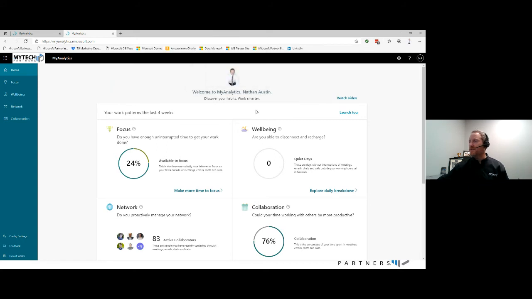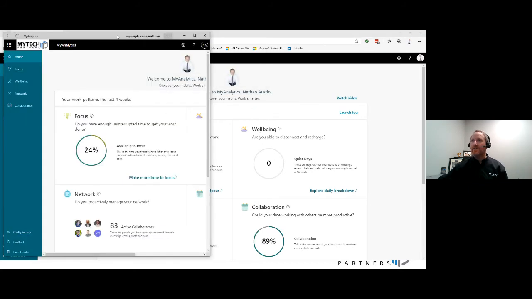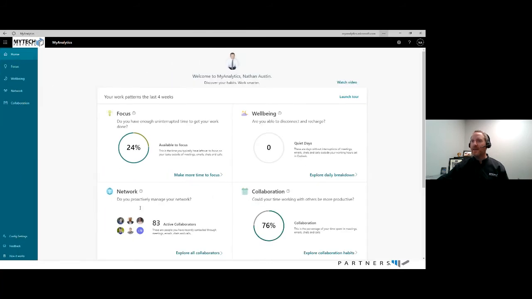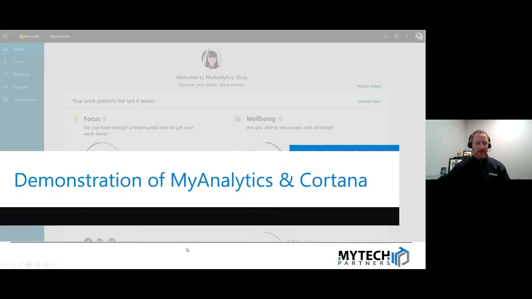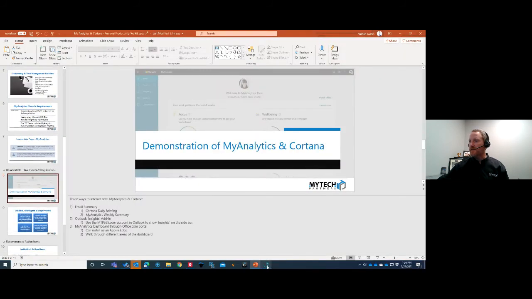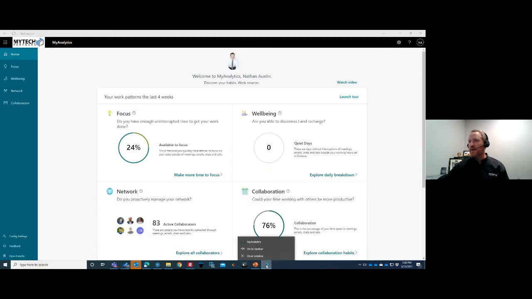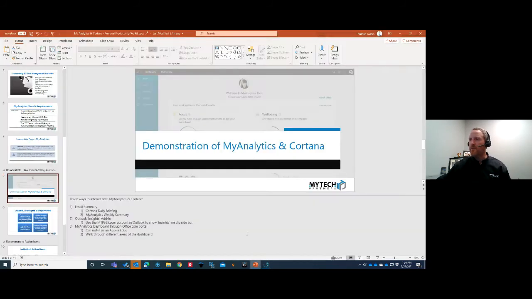So now it makes it an app that is basically a browser. But then what I can do is pin it to my desktop. So I'm going to quickly escape out of my PowerPoint presentation here, because then MyAnalytics is down here. I'm going to right click and pin it to my taskbar. So now this will be basically a web browser launch, one click to launch my MyAnalytics dashboard. If that's something you would like to be able to do, it's a simple way you can do that using the Edge browser. So I'll pull the PowerPoint back up here and get that going live, forgive me.